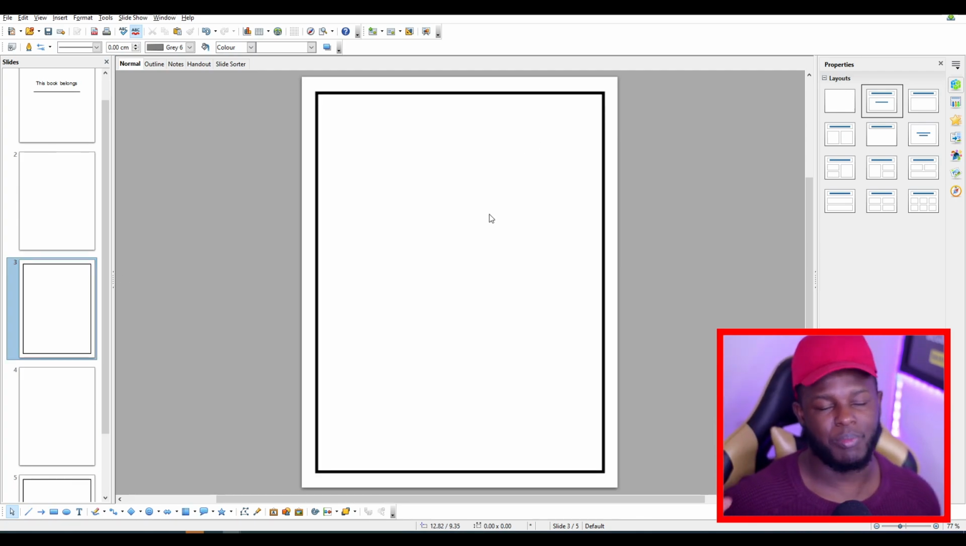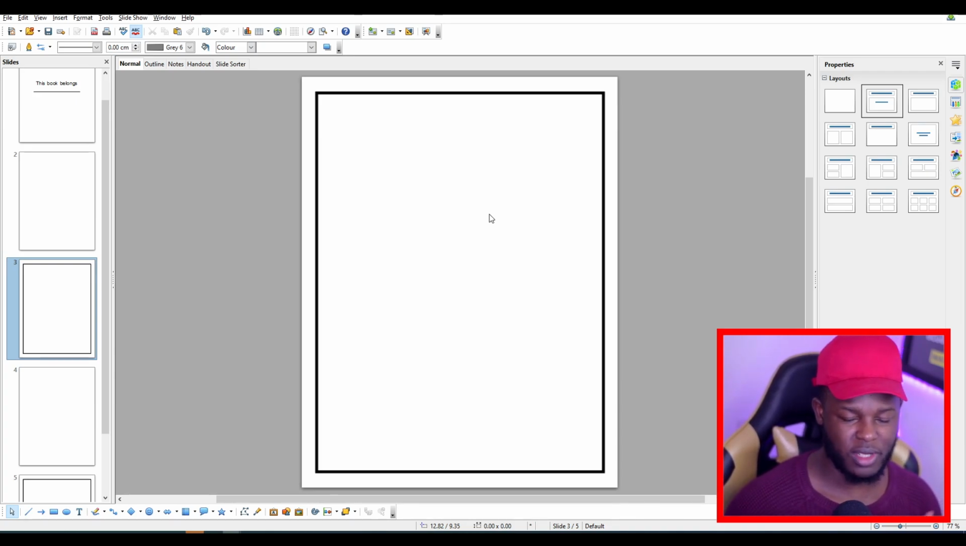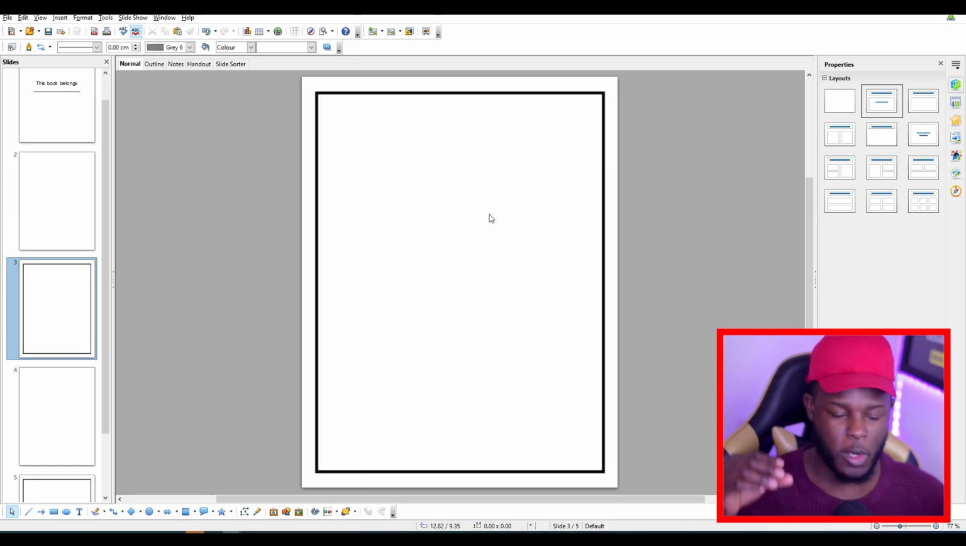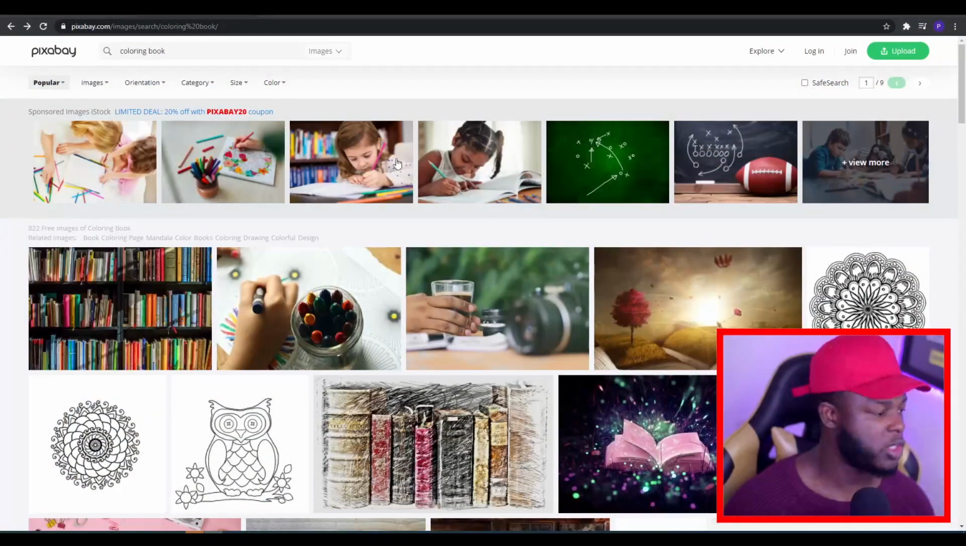Now obviously this is the part that a lot of you guys may have been struggling with in the past in regards of, where do I find images? How do I make sure that they're suitable for a coloring book? If you weren't already taking notes at this point, you're definitely going to want to take some notes here. You want to come onto